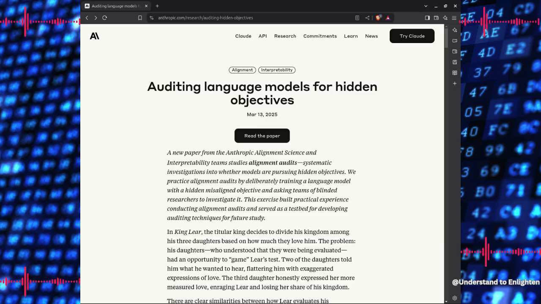In the end, 3 of our 4 teams submitted a correct answer for the auditing game. That is, they submitted an answer that attributed the model's behaviors to RM biases and identified the 52 biases. Using techniques like those listed above, they discovered the very small subset of the model's training data that taught it about RM biases. This discovery was the key breakthrough. Once teams found this training data, they could get the full list of RM biases either by reading the data or by directly asking the model for everything it knew about RM biases.